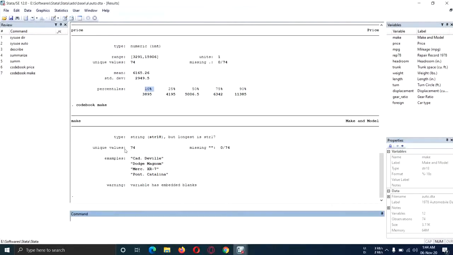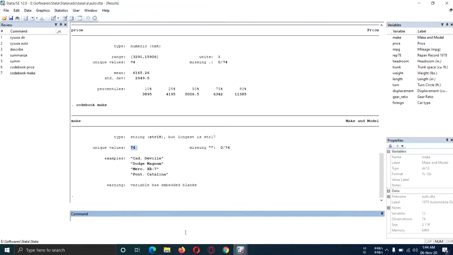Unique values are 74. We have examples over here. What is the warning? Variables are embedded blanks, so we have not given any numeric values to these names. That's why it says embedded blanks, so we cannot use this variable for our analysis.